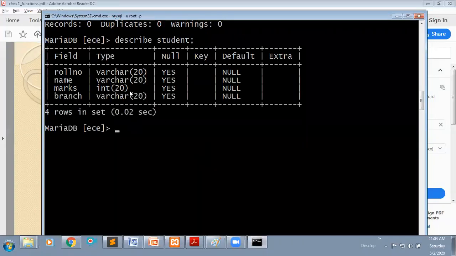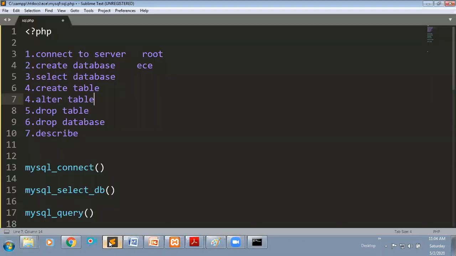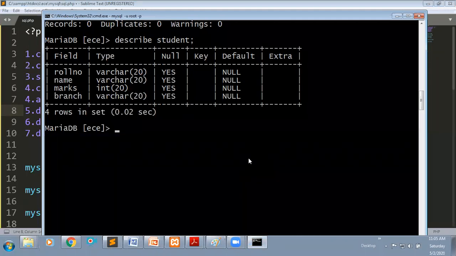If you don't want this table, you can use the drop statement. Drop means I don't want that table in my database. The syntax is drop table, then the table name. It will directly delete that table from your database.